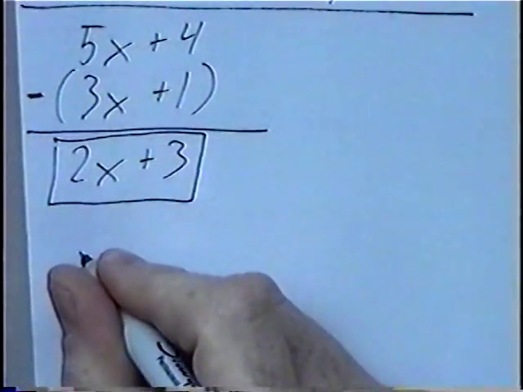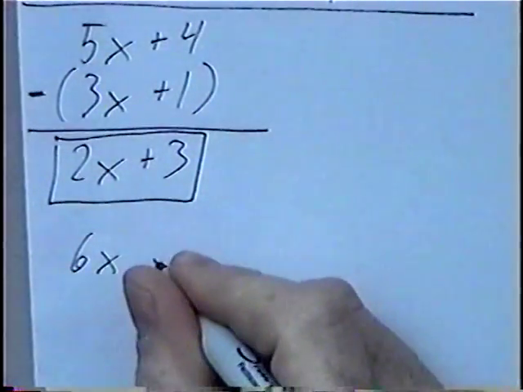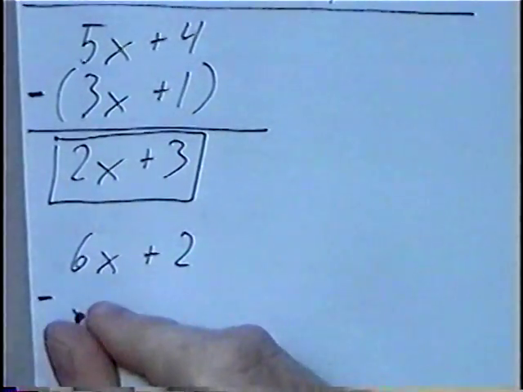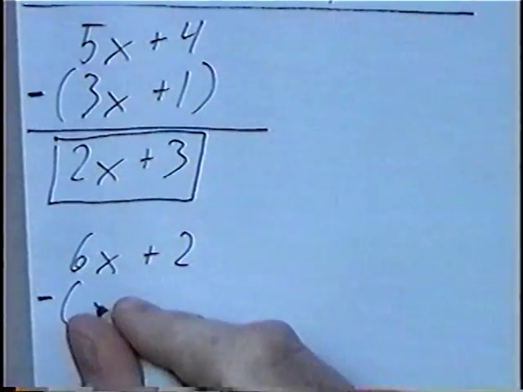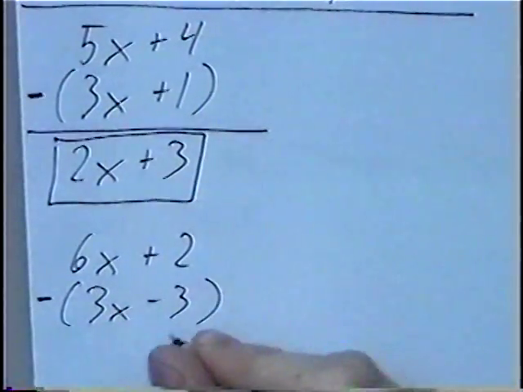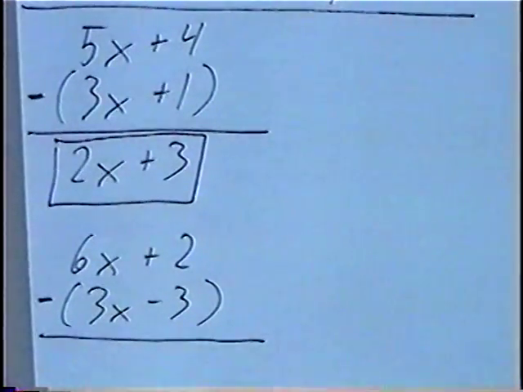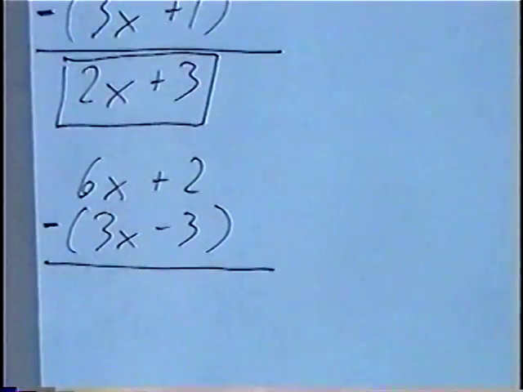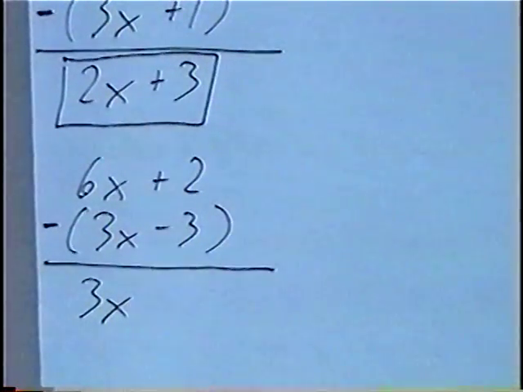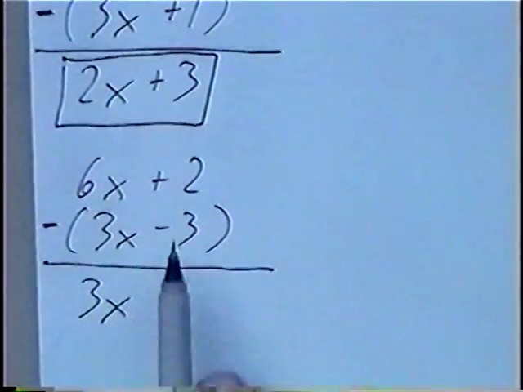Second question, 6x plus 2, and underneath we have a minus sign, and inside parentheses 3x minus 3. Again, subtracting vertically, 6x minus 3x would be 3x, and keep in mind we're always subtracting the numbers, so we'll